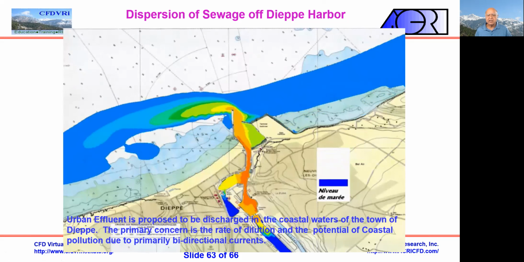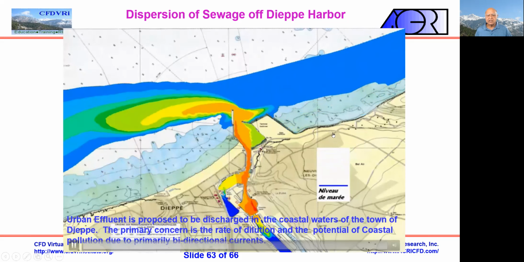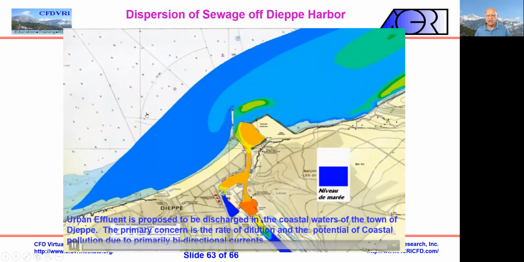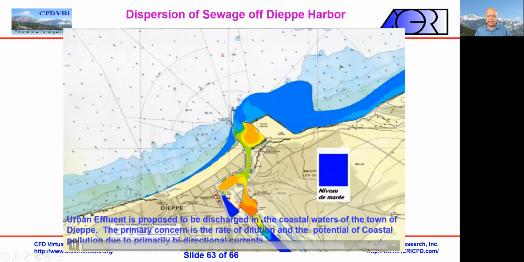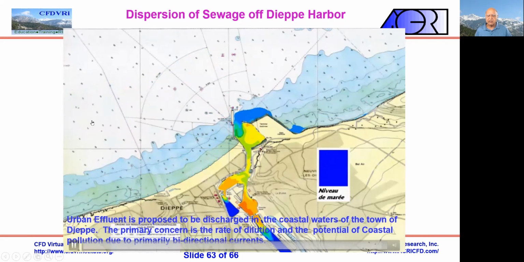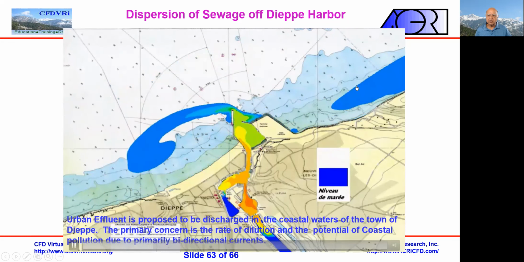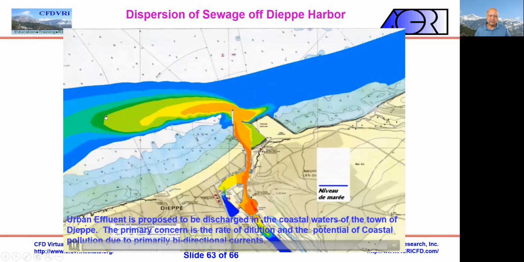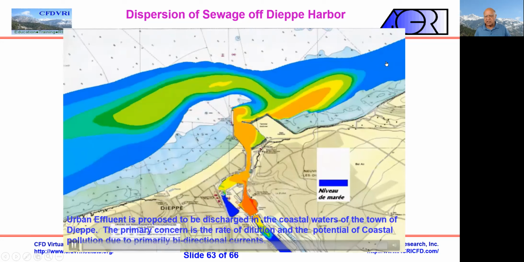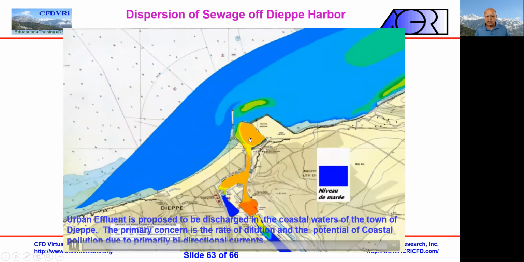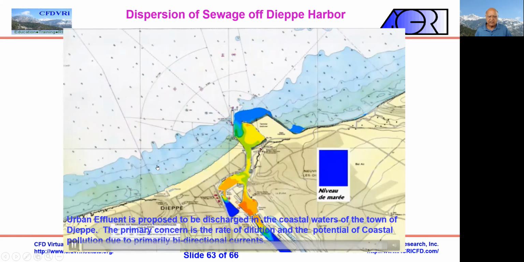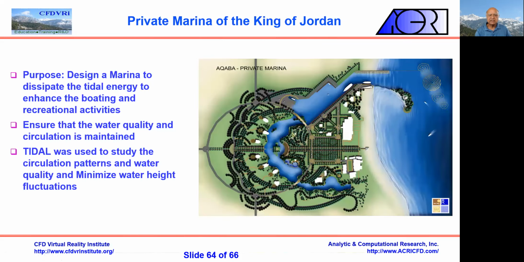We did the simulation for Dieppe, and the tide there is typically a semidiurnal tide. That means the tidal cycle is 12.5 hours. And you'll find that the flow would go up, the flow will go down, and you'll see that the flow from the old time stays there. Okay, this is the flow from the older cycle, the previous cycle that went up, coming back here. Okay, so the tide is moving this way. The tide reverses, it's moving this way. So the main problem here is to figure out what the concentration is and not draw cleaning water from where the pollution is high. So that's what the basic situation is.